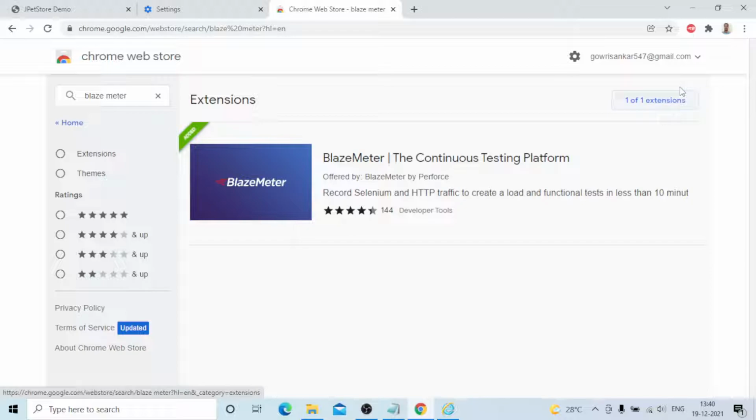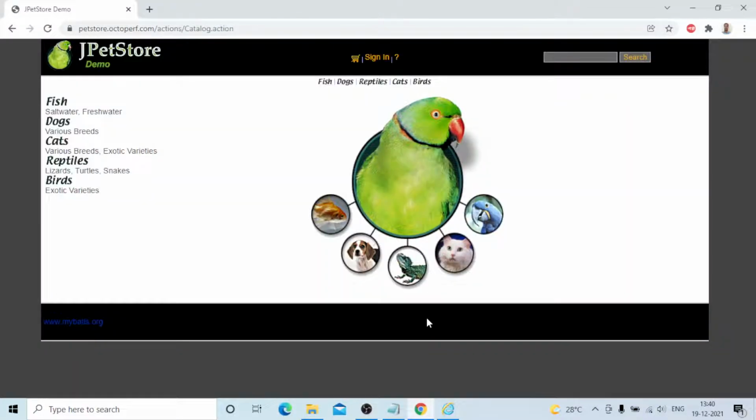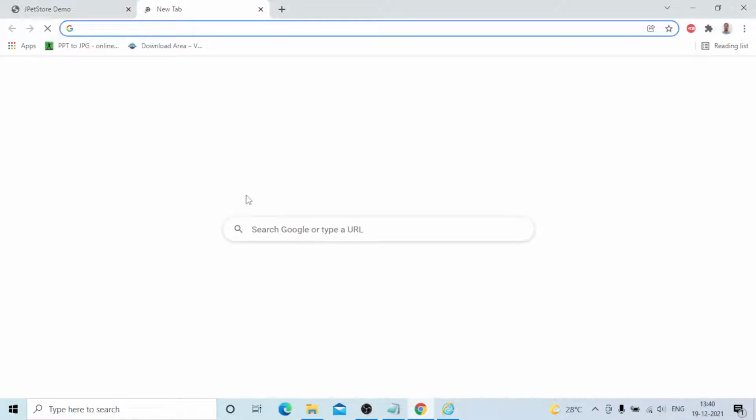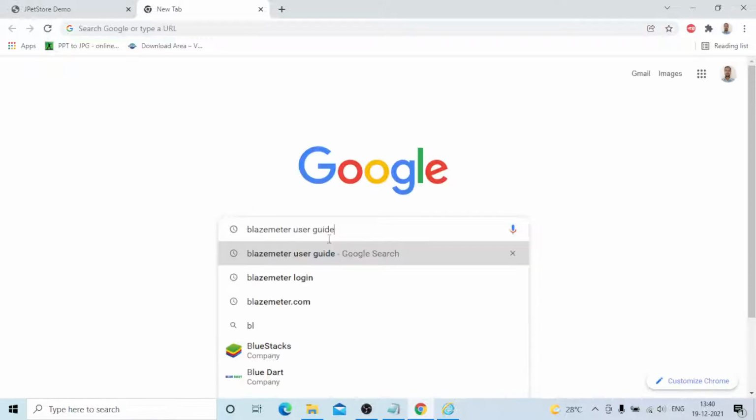This is the Chrome browser. How you need to record? You can see, you just need to click that icon. You can just click on it and it asks to log in. Login is mandatory. How you need to log in? You can go to the BlazeMeter login.